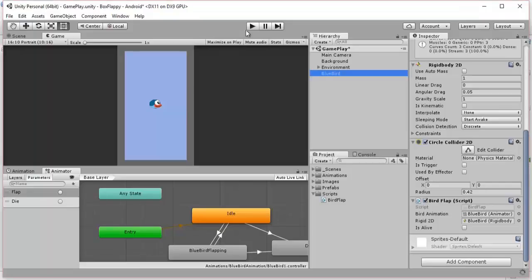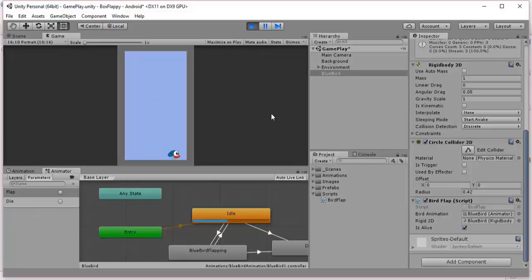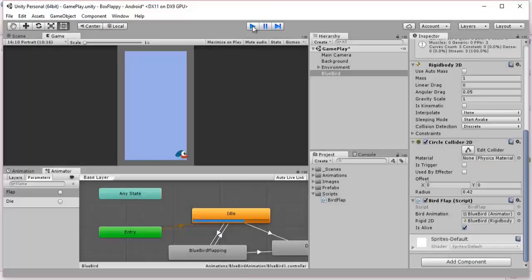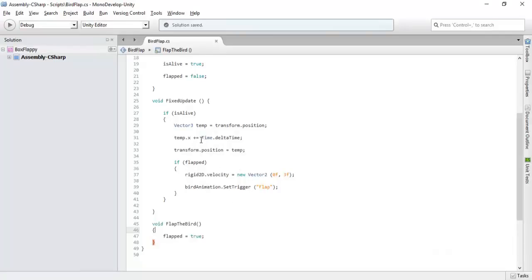Now let's see till now, is our code working or not? See, our bird is not only falling down, it is going forward. Now you should observe a thing, that our bird is moving very slowly. How can we increase this factor? Simply we can multiply our time.deltaTime,